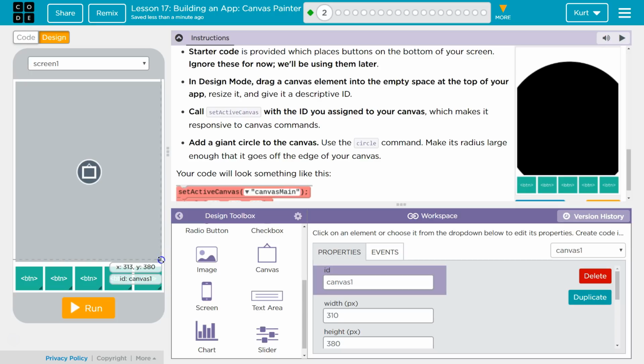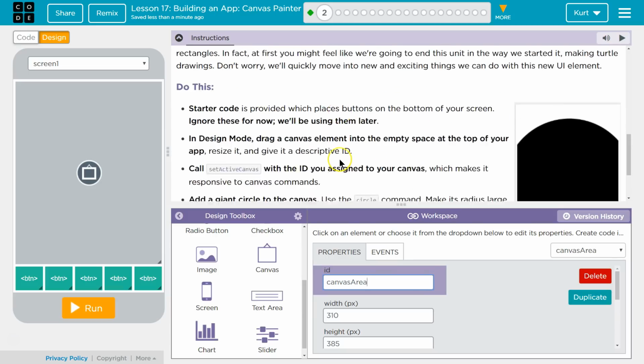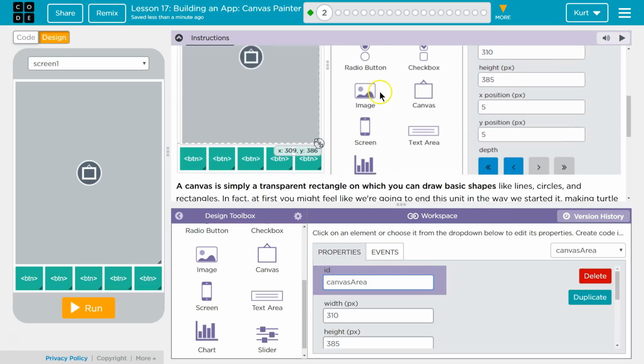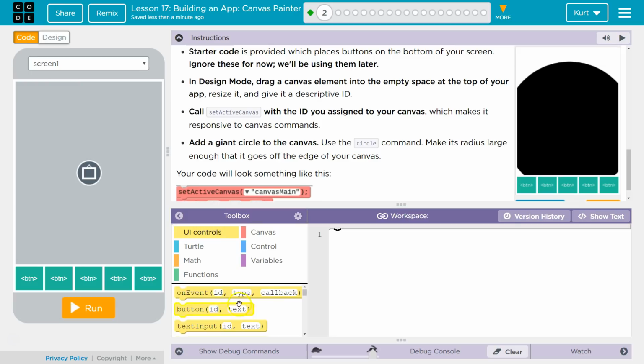Perfect. Yep, so call set canvas. Oh, wait. In design mode, drag the canvas element into an empty space. Yep. Resize it and give it a descriptive ID. Canvas area? Sure, canvas area. Call set active canvas with the ID you assign to your canvas, which makes it responsive to canvas commands. Set active canvas. So we're going to go over to our code and then